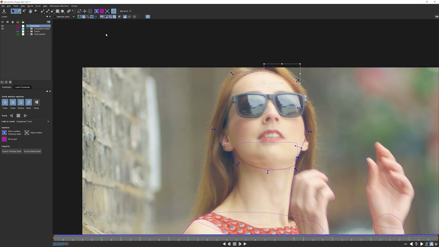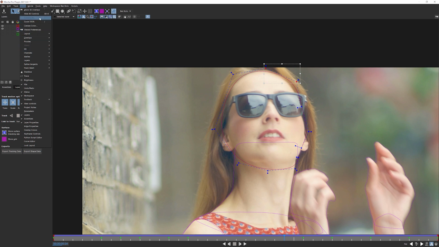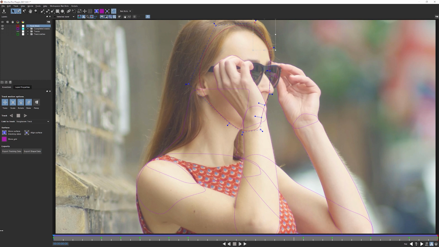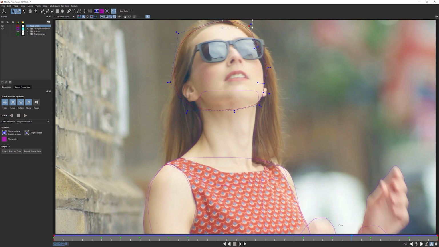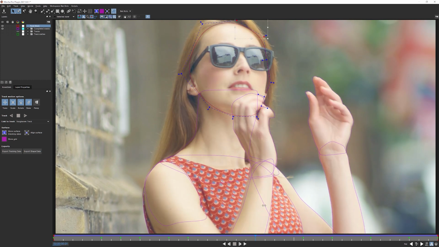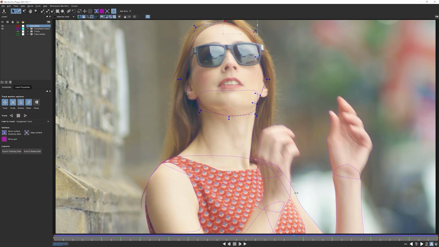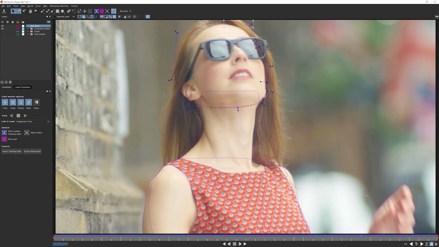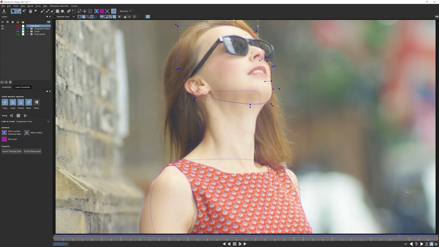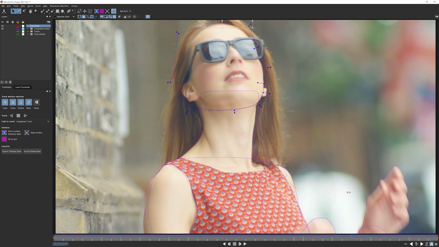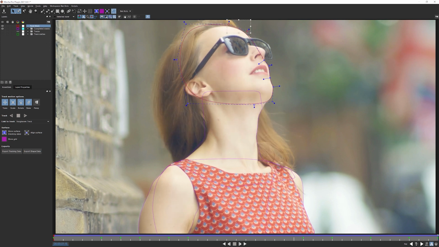Let's come in and think about hair. Let's destabilize our viewer and zoom to fit again. And let's look at hair. Now, hair is tricky. No getting around it. And we can get really detailed with hair, or we can do what we're going to do in this case and be quite cavalier with what we're doing with the hair and just make a few basic shapes for it. And we'll start over on, let's have a little look. Let's start on the